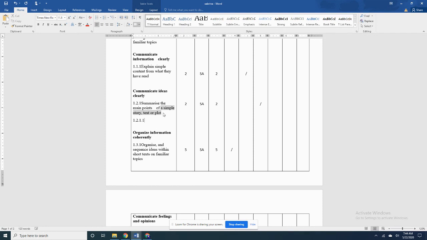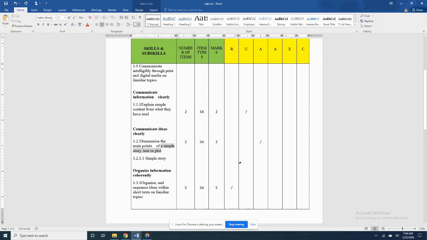Ya Rabbi. Okay. Simple story. How many marks? Sorry, how many type of items? What is the item type and marks? So specify the rest here. Or maybe you are also looking at text or plot. Okay, so if you are looking at plot, so you have to detail in your thoughts from which short story or from which novel this plot is taken from. Alright, so sampai macam tu. Kalau if you are leaving it like this without further elaborations, you are going to lose mark because this is not specific enough.